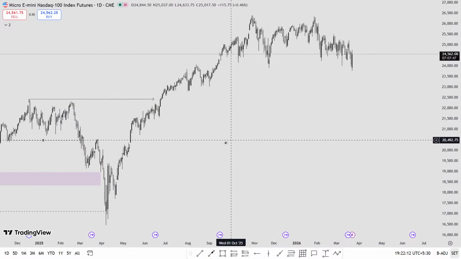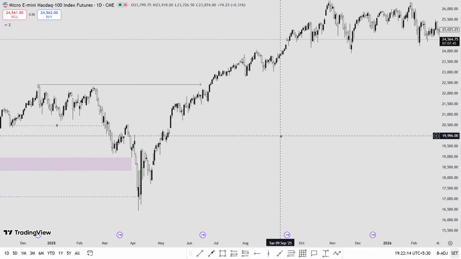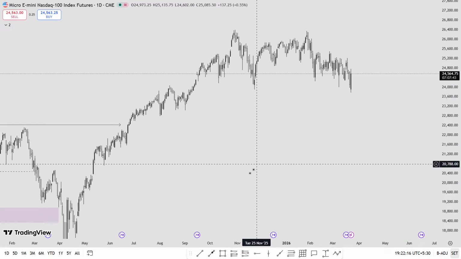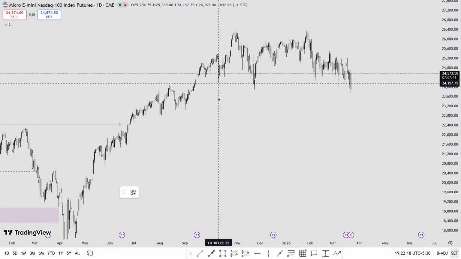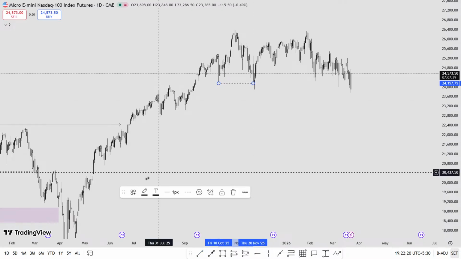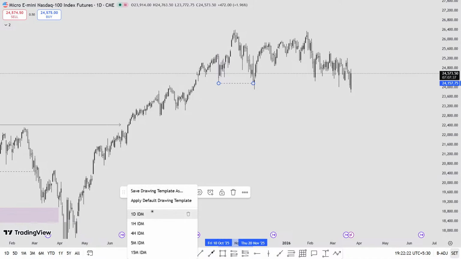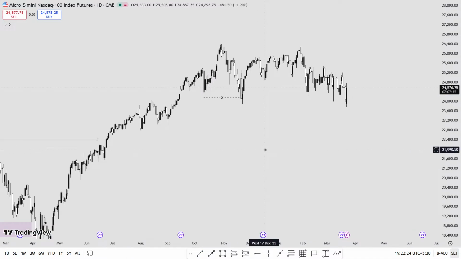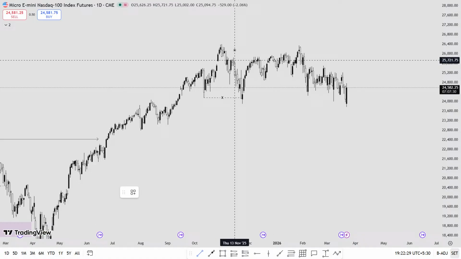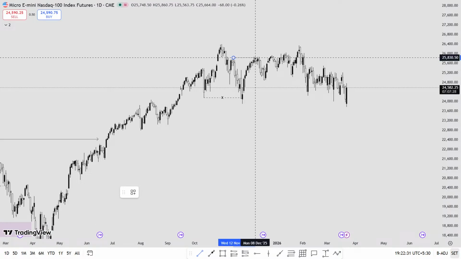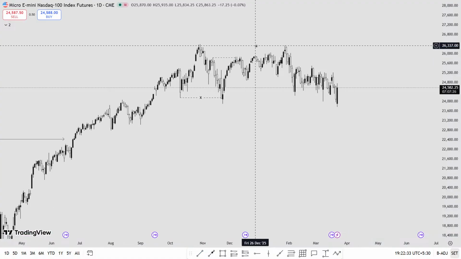So with the perspective of the 1 day time frame structure, that was the inducement or a liquidity area, whatever you want to call it. And after taking the inducement, the market took the buy side liquidity, which is this one. And after taking buy side liquidity, the market just tapped on some zones over there